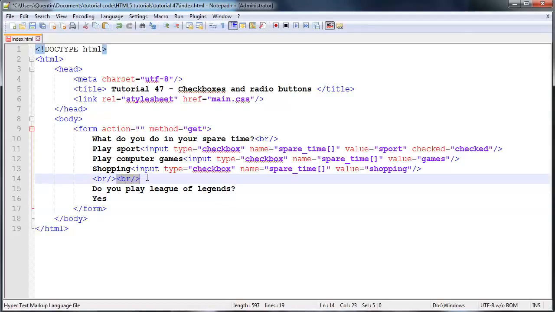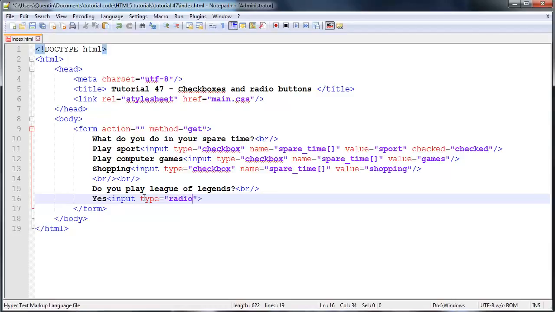so yes. And just for display purposes, we need to add a break tag there. And I'm going to put in an input element over here of type equal to radio, and that is going to make this actual input element a radio button. And then we're going to give that a name, and we're going to set that equal to plays lol, just because that's the first thing that came to mind, I guess. And then I'm going to give this a value of